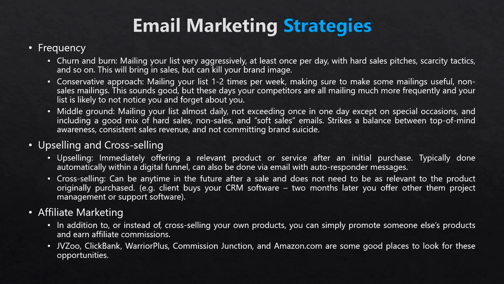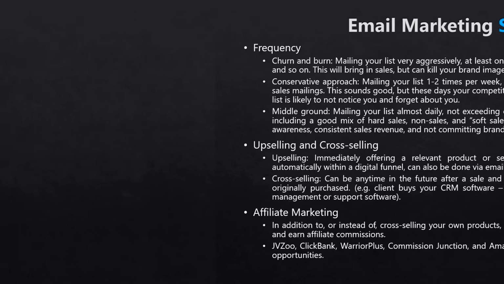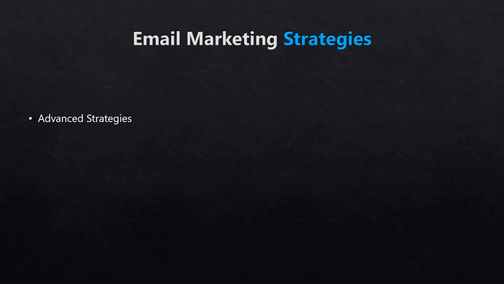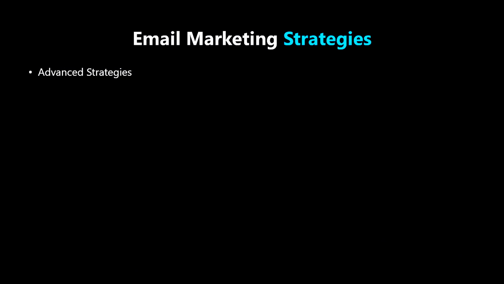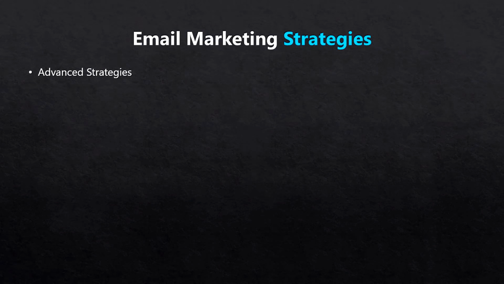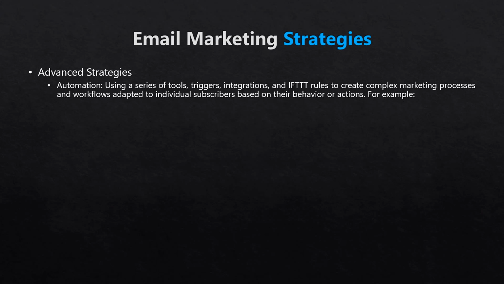Now let's talk about advanced strategies. In recent years, email marketing has grown more complex and advanced. While you can still choose to focus only on the basic approaches revealed above, you may want to consider some of the more recent developments like automation. Email marketing automation refers not simply to using an autoresponder sequence, but using a series of tools, triggers, integrations, and if this then that, or IFTTT, rules to create complex marketing processes and workflows that adapt themselves automatically to individual